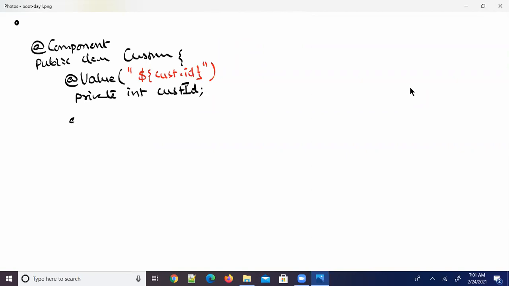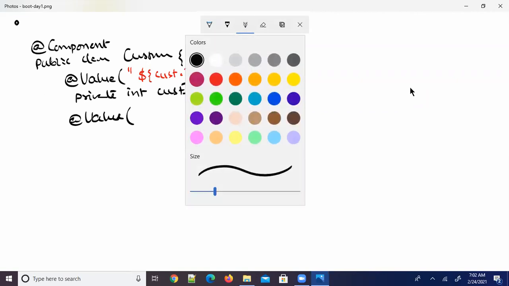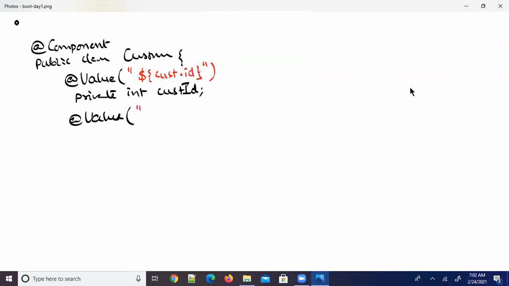See, for example, I'm writing @Value of, say, dollar, cust.name. Private String name.